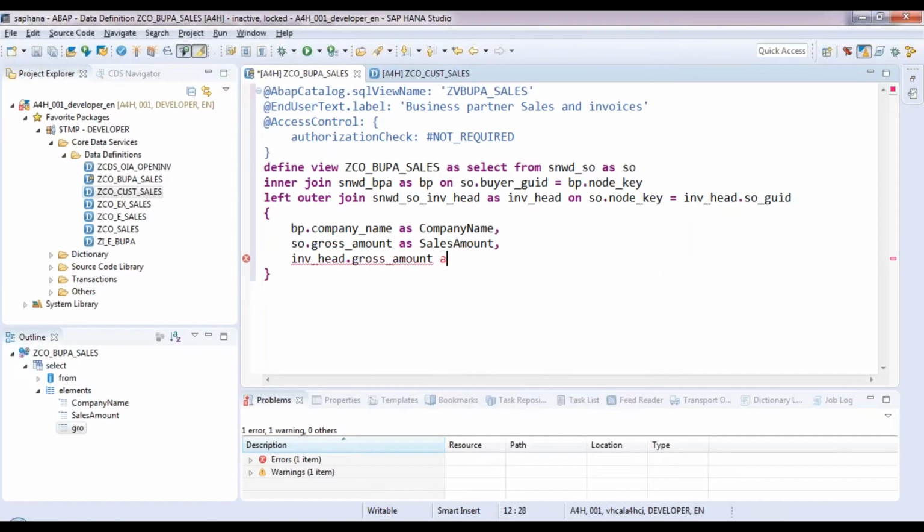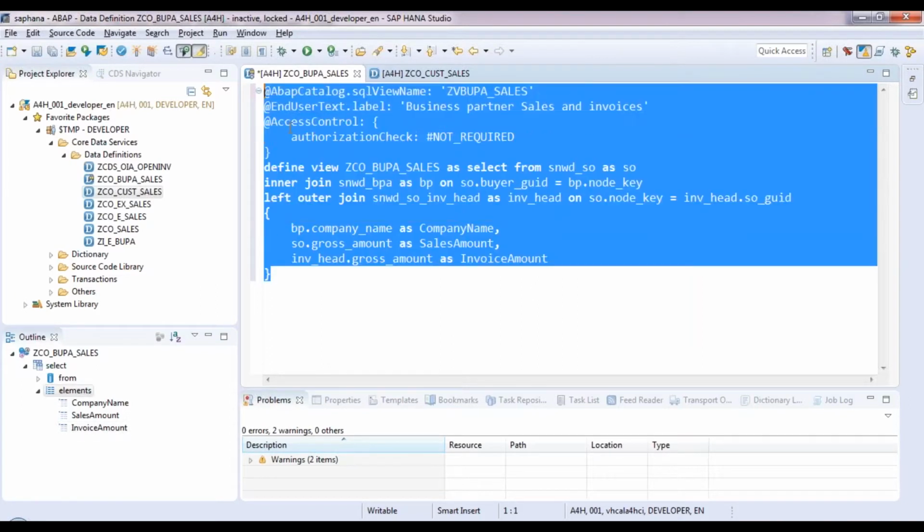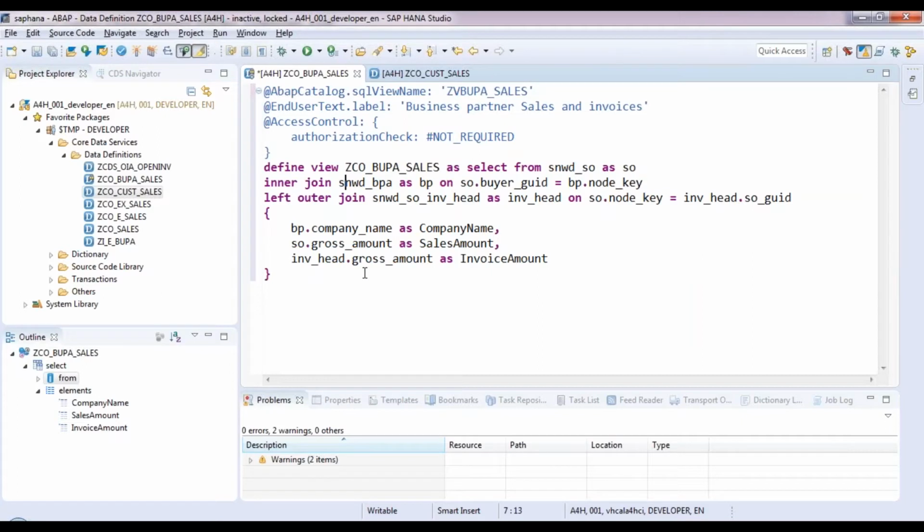So with this, I will get to know how much sales order have come from each company and what I have invoiced already. How much I've invoiced out of that order. Very important business use case where you want to know from which customer what orders have come and how many of them are already invoiced. Three tables.